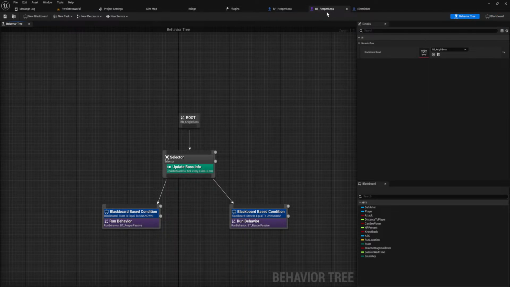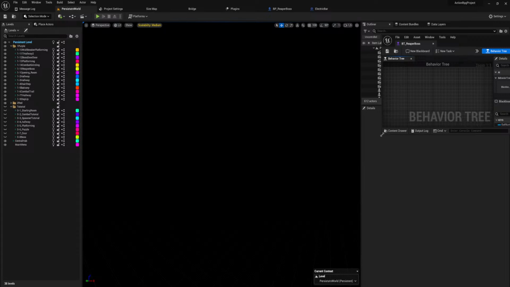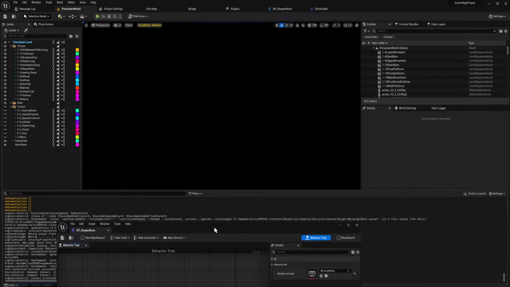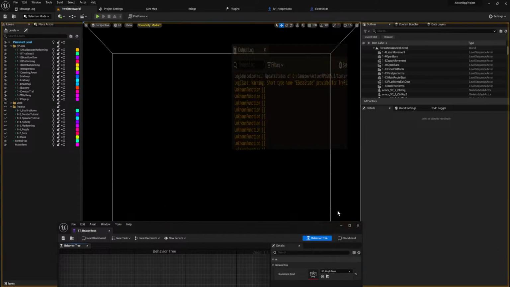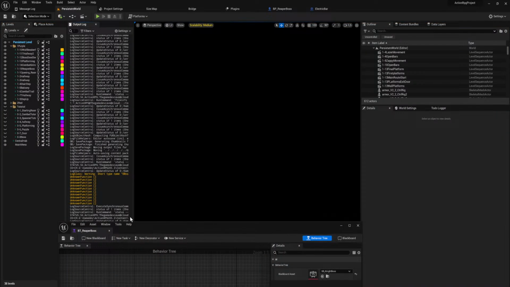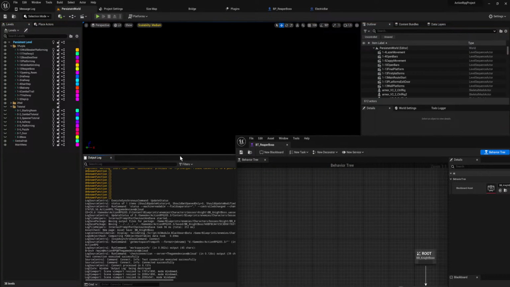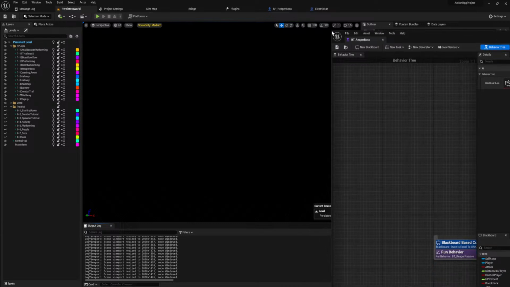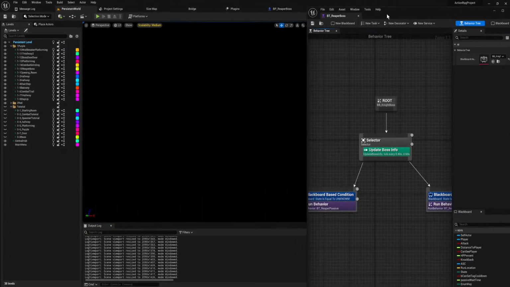Okay, so let's test drive this guy now. We're going to dock the output log in now. Dock that somewhere. Surely we can find a place for this to dock. Dock it right there. And then we will have this right here.